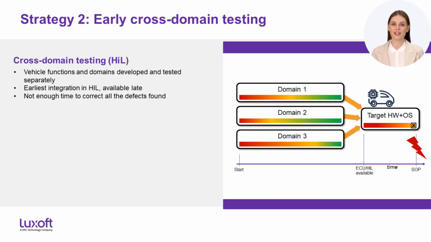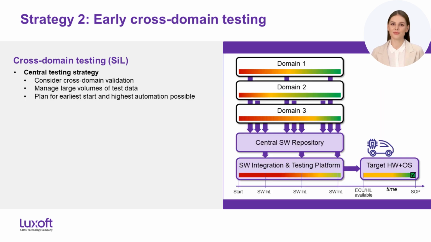We have previously seen that in order to make a SDV project manageable, individual vehicle domains and larger user functions are developed separately from each other. Most often, their integration only begins after the target ECUs become available. This typically happens in late stages of the project and in limited quantities. As a consequence, there is not enough time left to fix all software defects found at this stage before the planned start of production. To avoid such an outcome, we propose the early cross-domain testing strategy leveraging software in the